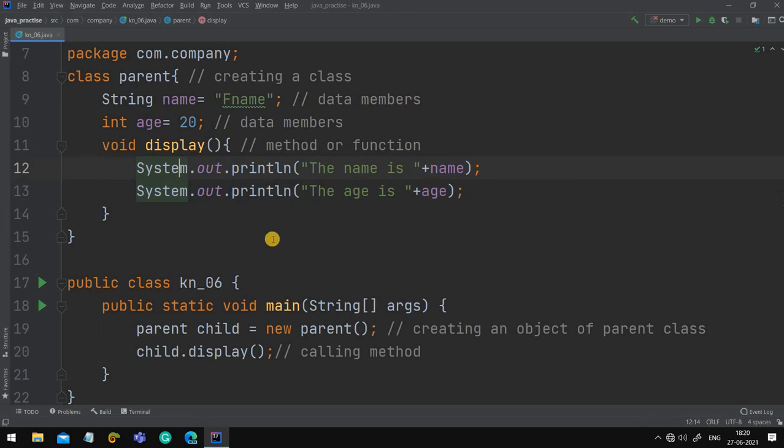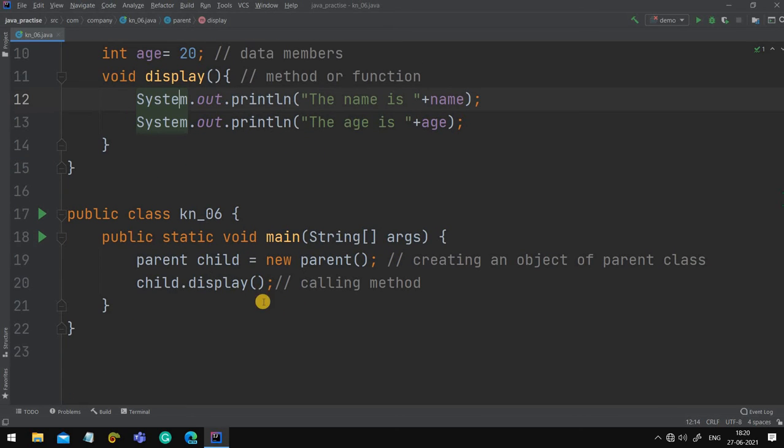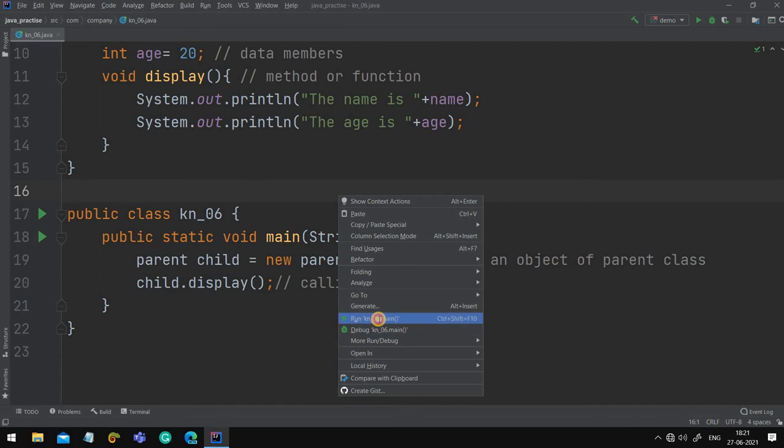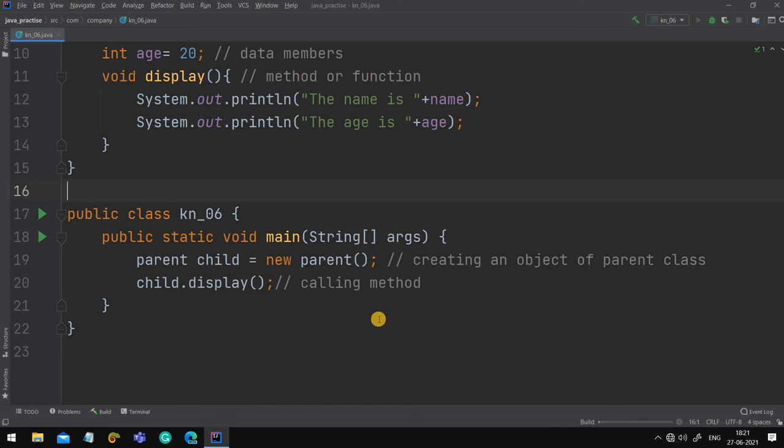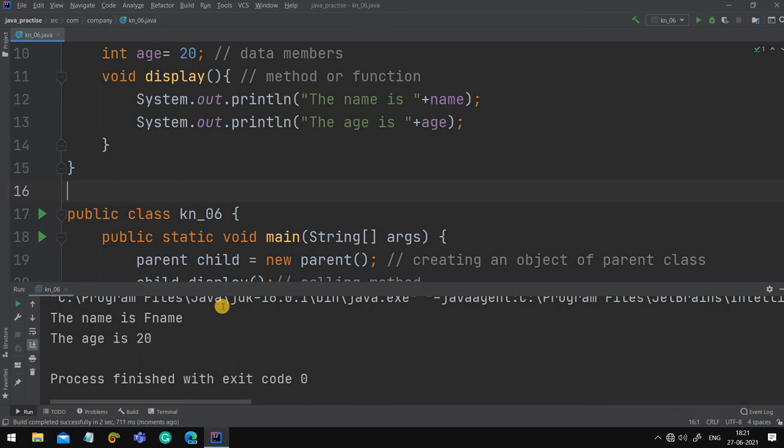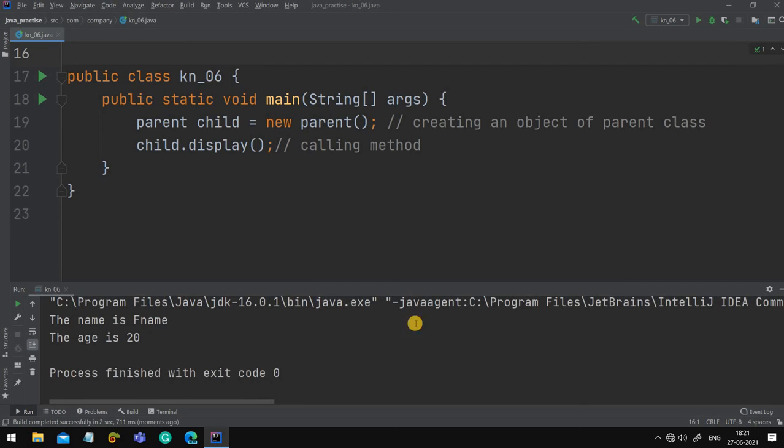System.out.println. See, what will this method give us? This method will give us this output. Let's check it out. Is it giving or not? See, it is giving the output.